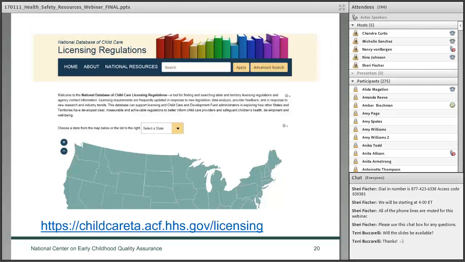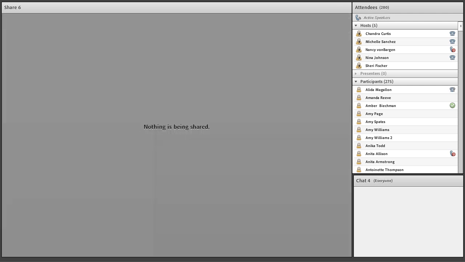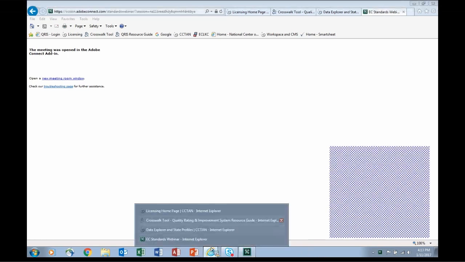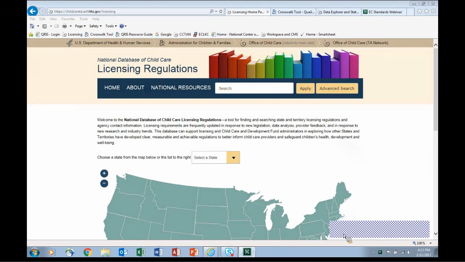And I am now going to share my screen and actually go to the tool itself and show a little demonstration of how it works. So you should all be seeing a screen that shows the database.